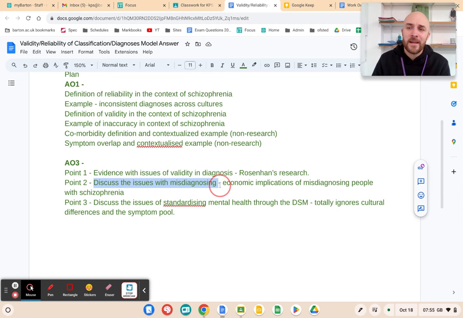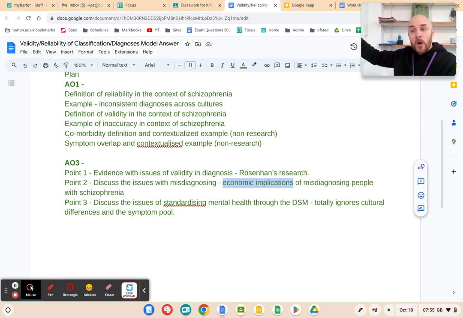but I'm going to come at it from an economic implications point of view. So essentially what I'm saying here is if we keep misdiagnosing people that don't have schizophrenia and they could go into the real world of work, but we diagnose them with schizophrenia, give them really severe antipsychotics, they have side effects, they can't work. There is an economic implication to that. These people who could pay tax, who could produce for the country, who could contribute towards the national economy, all of a sudden they're taken out of that because they're too unwell to work, because the treatments are so severe, treating an illness they didn't have in the first place.